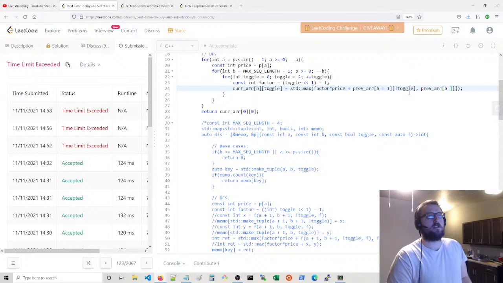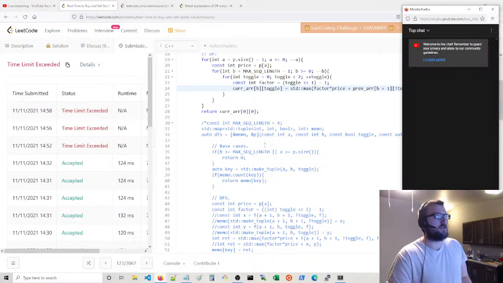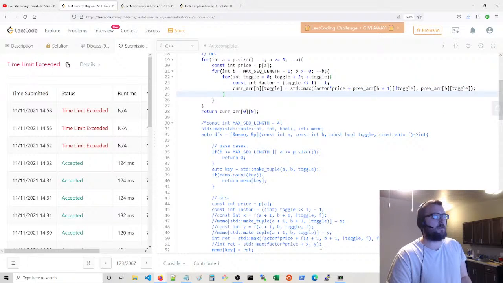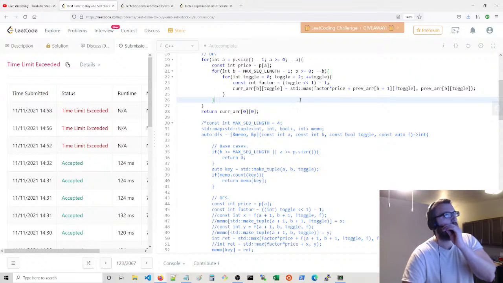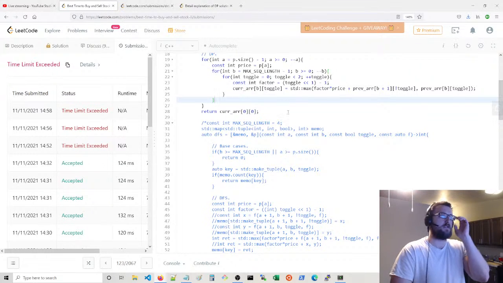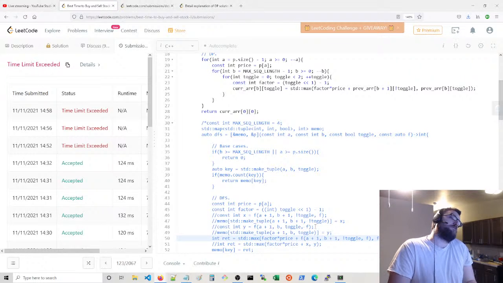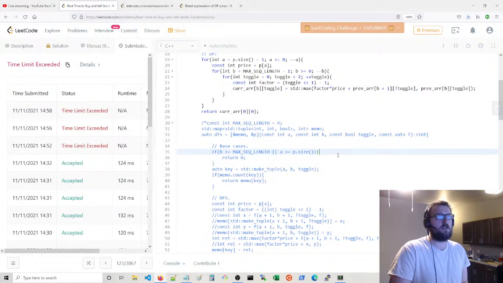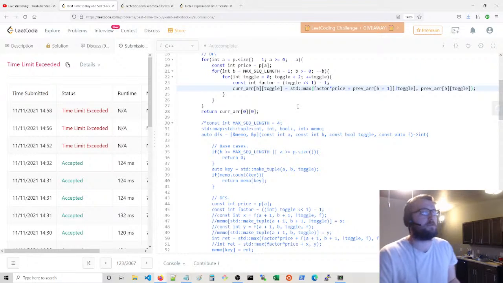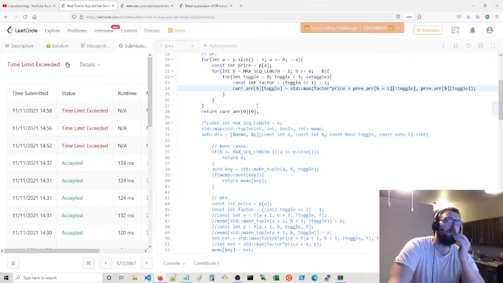I think I needed to look at it in code, how you might convert this into a dynamic programming solution. I think you can. It's not obvious exactly how you do it. So you're going backwards now. Have this factor times price. You have this previous array. This is F basically. So that's all well and good. I understand that's what you're supposed to get for the current array of B, but